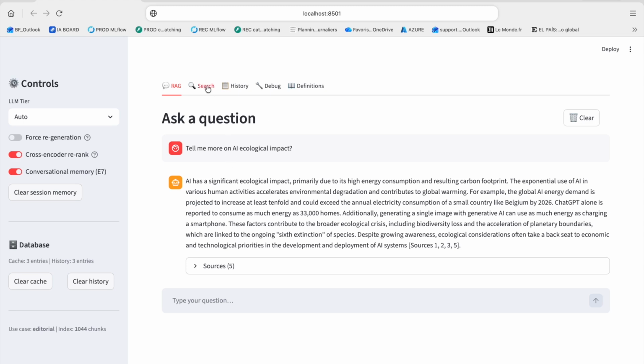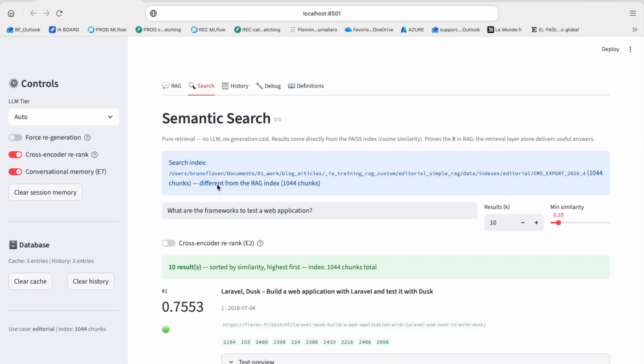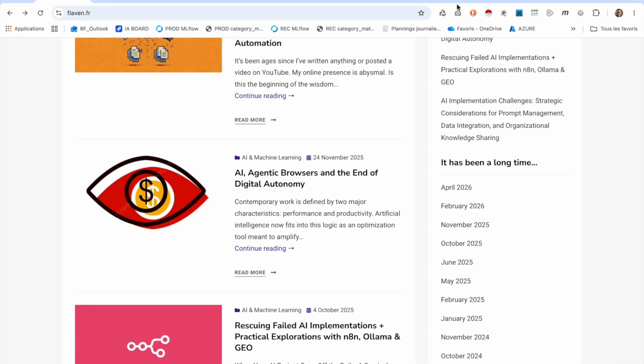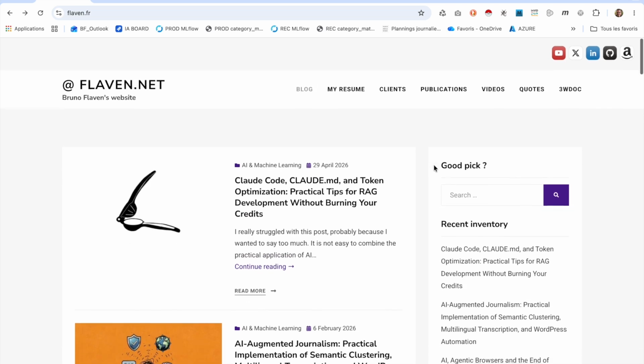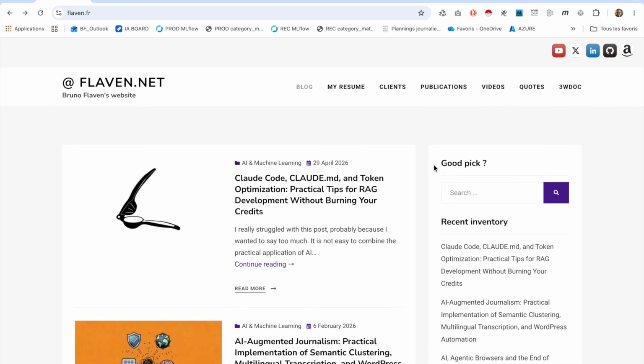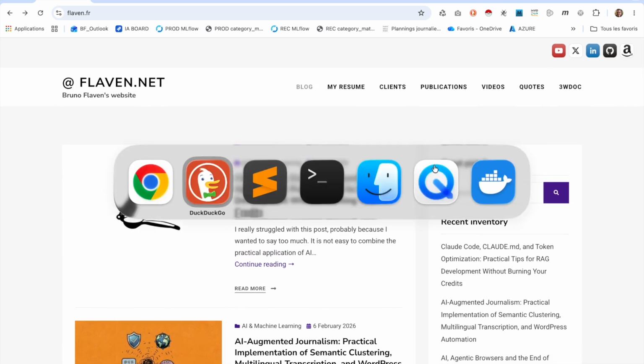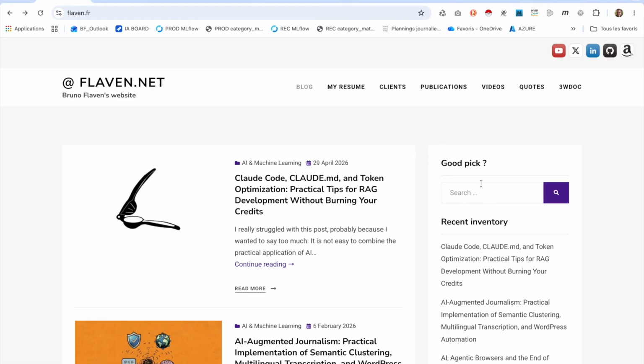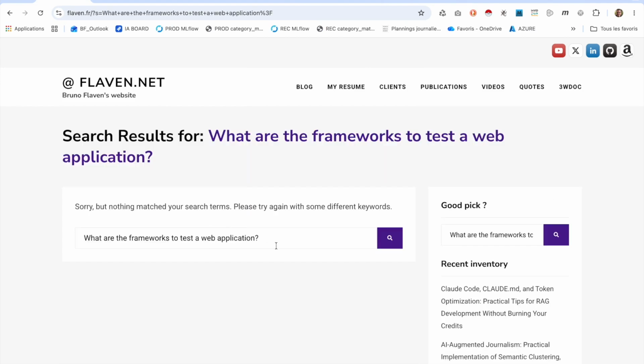But I also want to take advantage of the work that I have made with the RAG and implement it into my WordPress, which is exactly what I'm going to show you in the second video. But it's already online. You can, for instance, say, okay, so it's going to say something. It's going to say nothing. But right here,